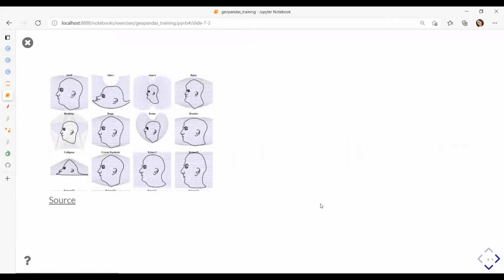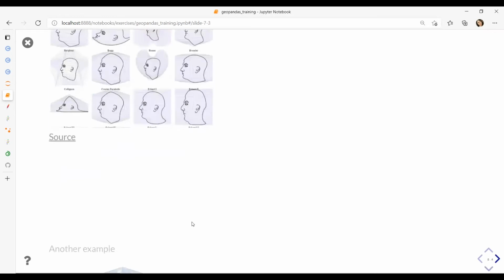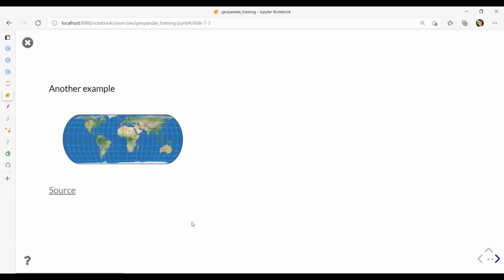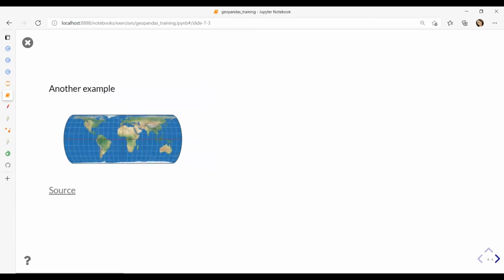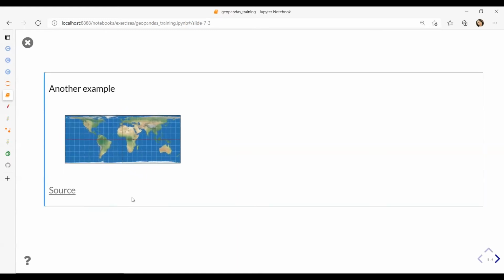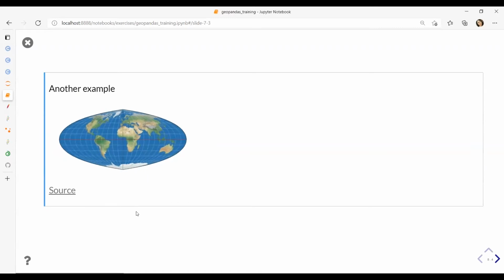I have included a few visual examples just to showcase that depending on the choice, you could have different distortions. In this case, it's distortion by area. And there is another example just to illustrate how the shape changes. It could also be distances and angles changing depending on the projection, but what you see on the screen would change based on what you specified. Again, there is a source to check and maybe learn about it a bit more on your own.